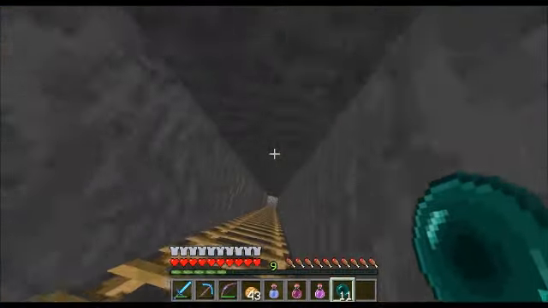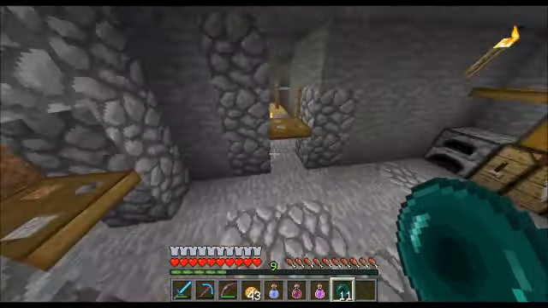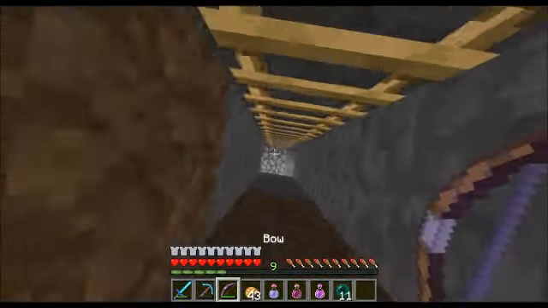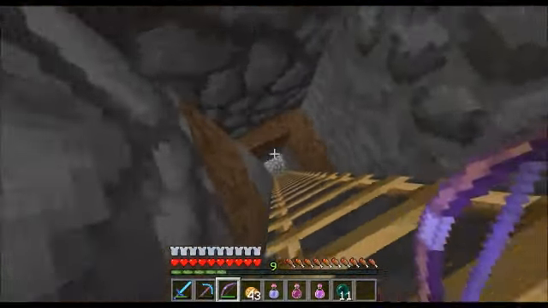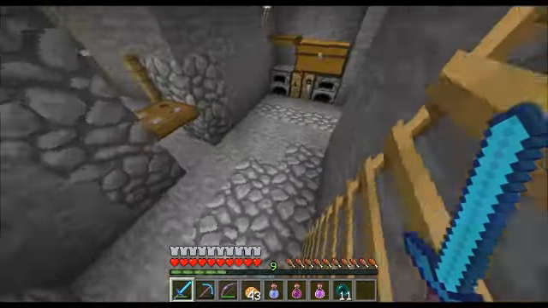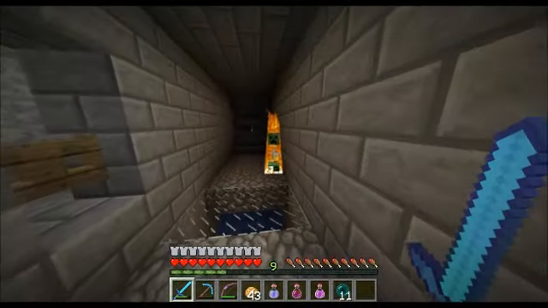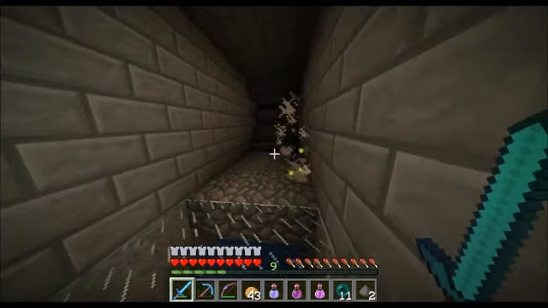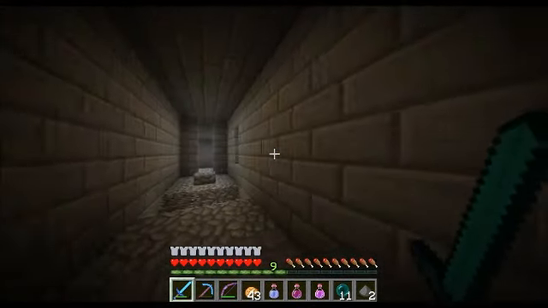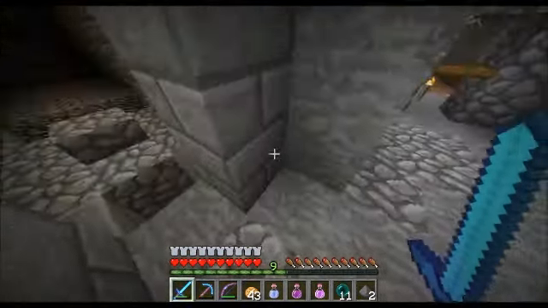So while doing some nearby caving, found myself a cave. Whoa, whoa, whoa! Where did he come from? Where's Old Faithful? She shall protect us. Where'd he go? There we go. Found myself a cave spider spawner. So then, using a design done by DocM77,